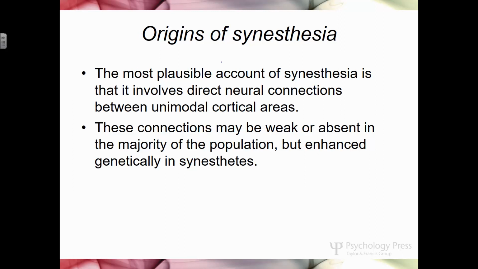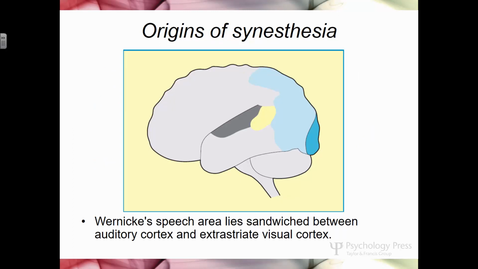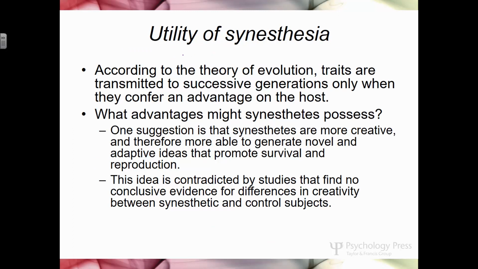Well, it seems that there are some connections between different parts of your cortex that handle different sensory areas, right? For most folks, connections directly between the primary auditory and primary visual cortex might be weak or absent, but for folks who have synesthesia, they would be a little stronger. Don't worry about that. The second thing you've got to think about is